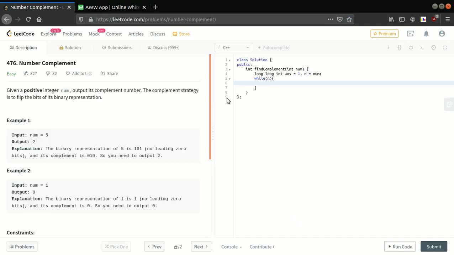Okay, so let's go back to the code. While n is non-zero, I will multiply answer by 2 each time. Basically I am calculating the power, and I'll right bit shift n by 1, which is also equal to dividing it by 2.